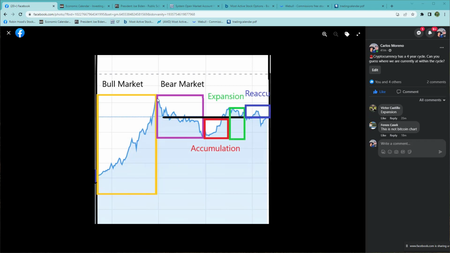So that $60,000 will become the new low within the next cycle. But the previous highs pretty much quadruple with the next highs in the next cycle. So if Bitcoin was $60,000 at the highs of the current cycle, 4 times that lets us know that